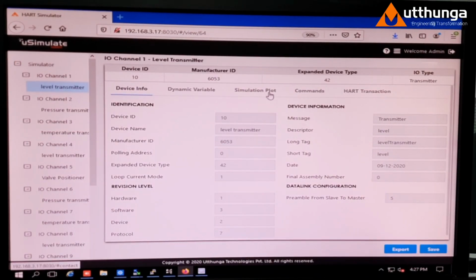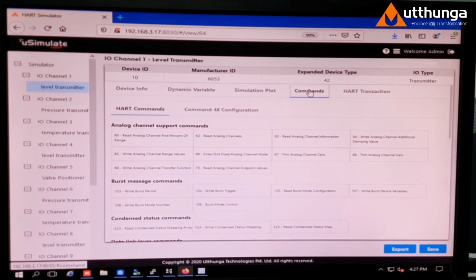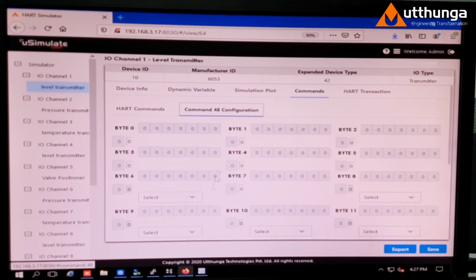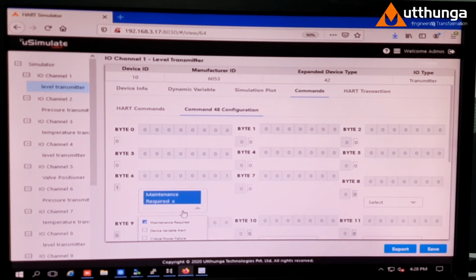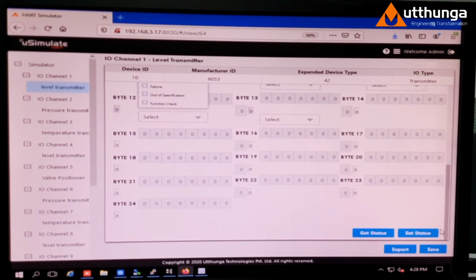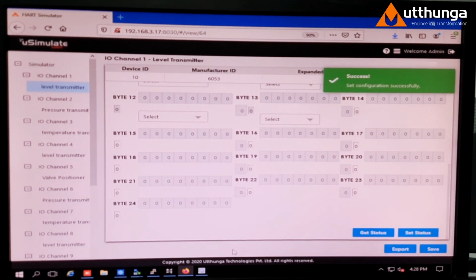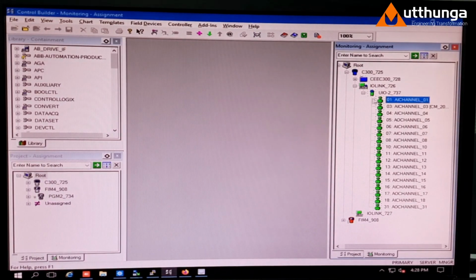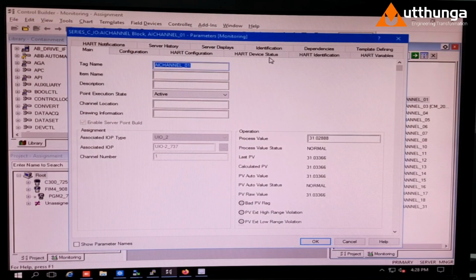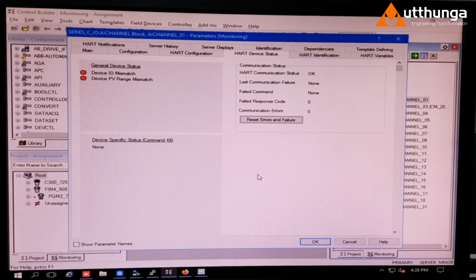Say suppose in my level transmitter I need to simulate a command 48. Say I need to give a message of maintenance required. So I am enabling in this page, and I will set the status. Now if I go and check here in the master, it will give me that message here.